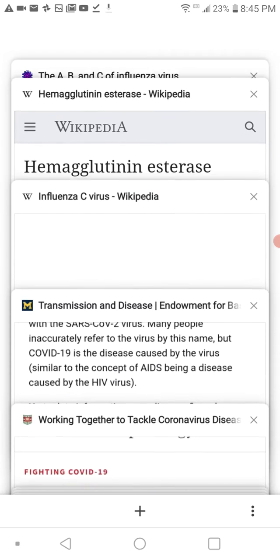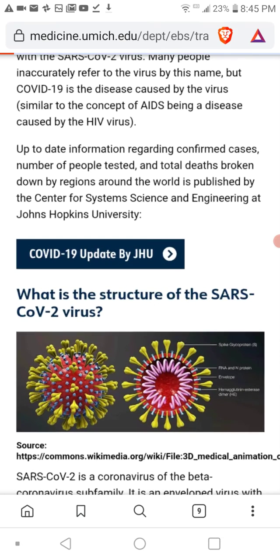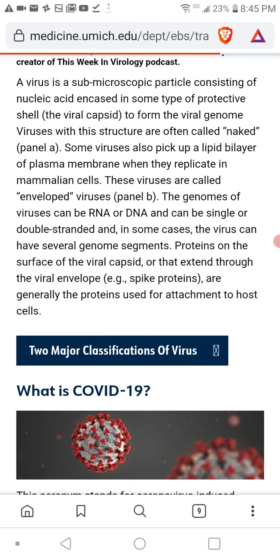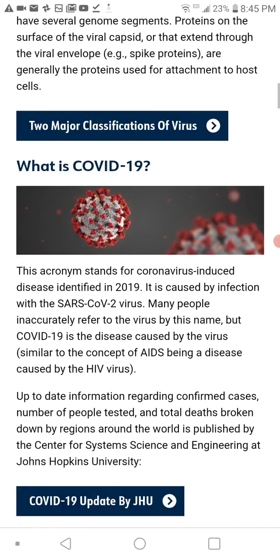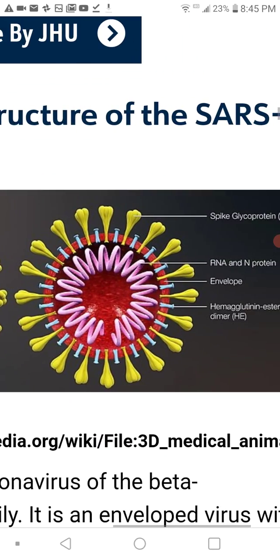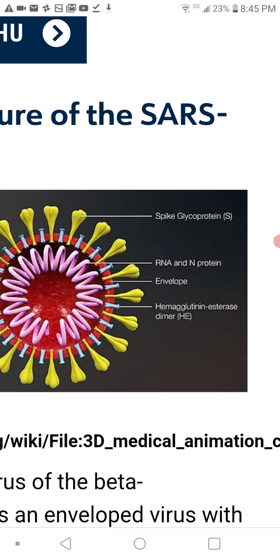And I go on to postulate that according to many sites, they are saying that this SARS-CoV-2 does have hemagglutinin-esterase very clearly, you can see, as a component of its makeup, hemagglutinin-esterase dimer. Meaning, this is what that says to me. That says hemagglutinin-esterase was on Influenza C, and Dr. Barrick himself said coronavirus is a descendant of Influenza C. And so the fact that hemagglutinin-esterase is on SARS-CoV-2